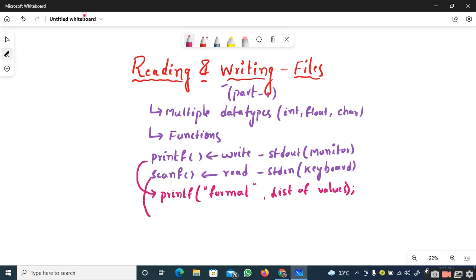Similarly, the syntax for scanf also accepts two parameters. The first parameter represents the list of format specifiers and the second parameter specifies the list of addresses of the variables.